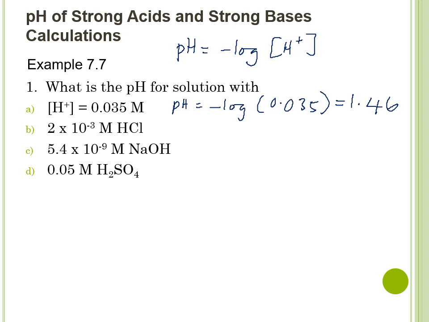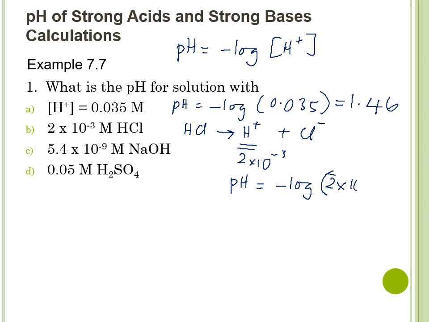Next, let's do example 2. Here we have an acid solution. HCl is a strong acid, so it's going to dissociate completely to release H plus and Cl minus. So the concentration of this H plus is 2 times 10 to the power of negative 3. So we're going to do pH equals negative log of the concentration of H plus, and when you press the calculator,